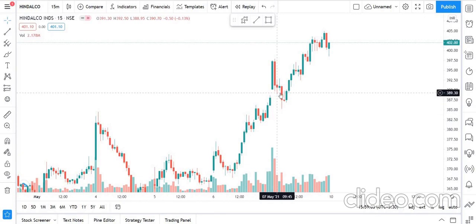Here they'll take a short trade, here they'll take a long trade, then again a short trade. So like this, scalpers trade around this time in the market most of the time. That's why scalping is a game of experts in the market. So again, beginners can take trades, but don't take trades with very high stop losses.